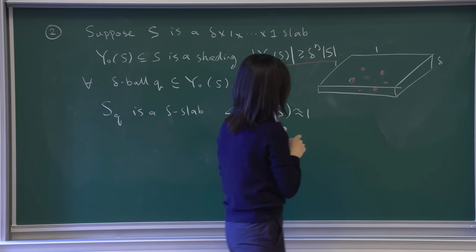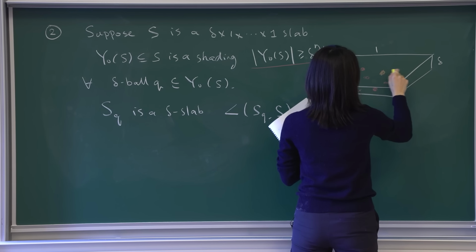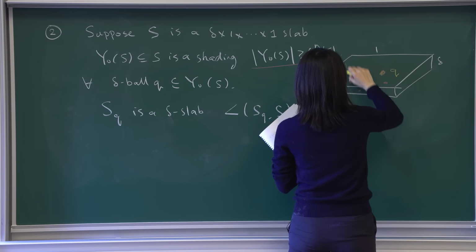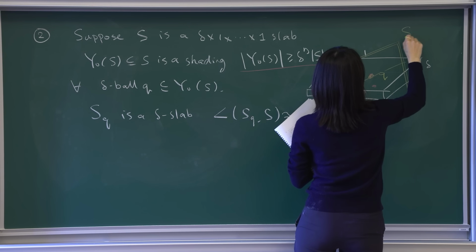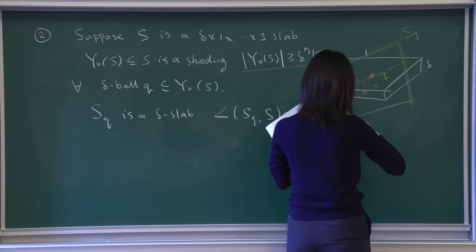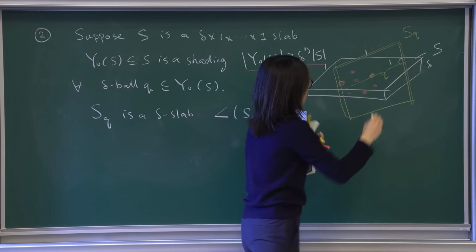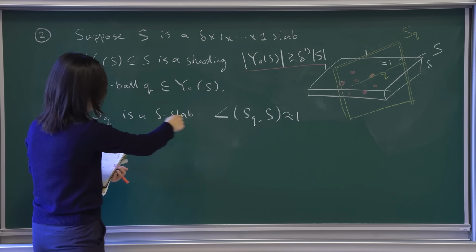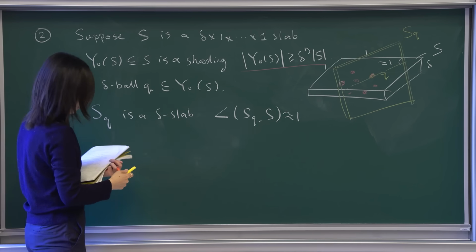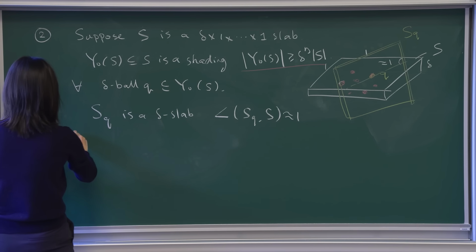So what this means is that, for example, through this Q, we have some slab, this is S_Q, that intersects S transversely. So this angle is like 1. This holds for any of those delta balls in the shading. Then the conclusion is that